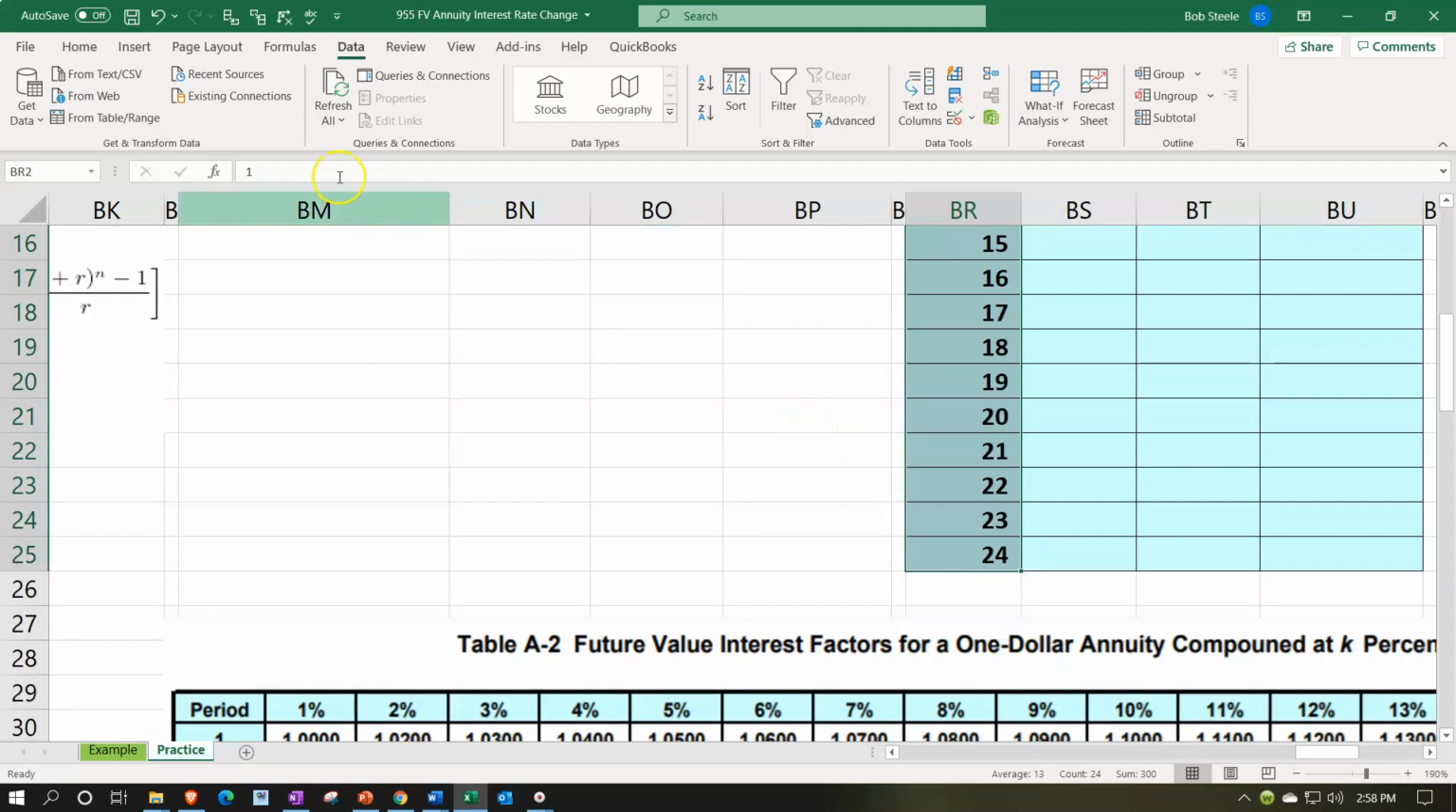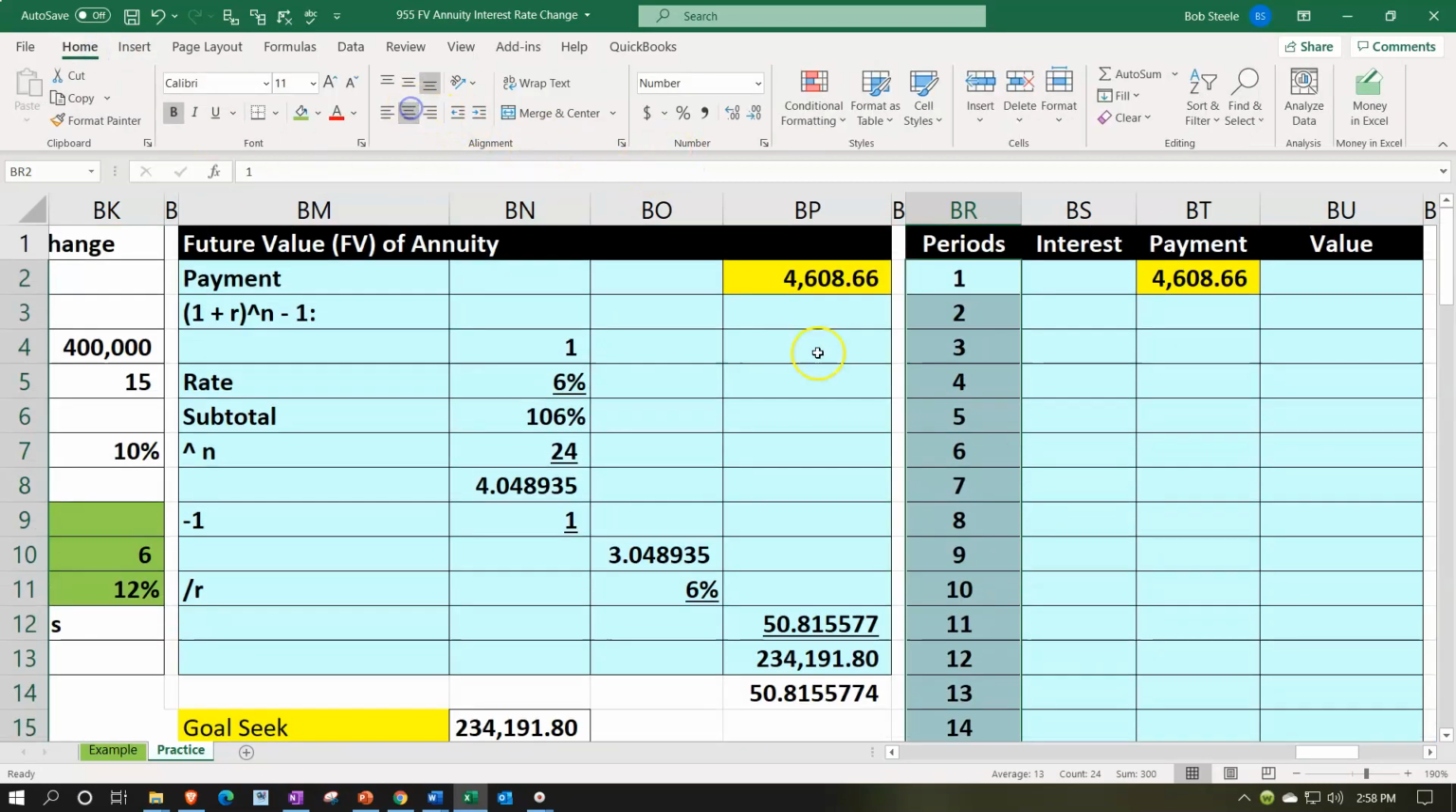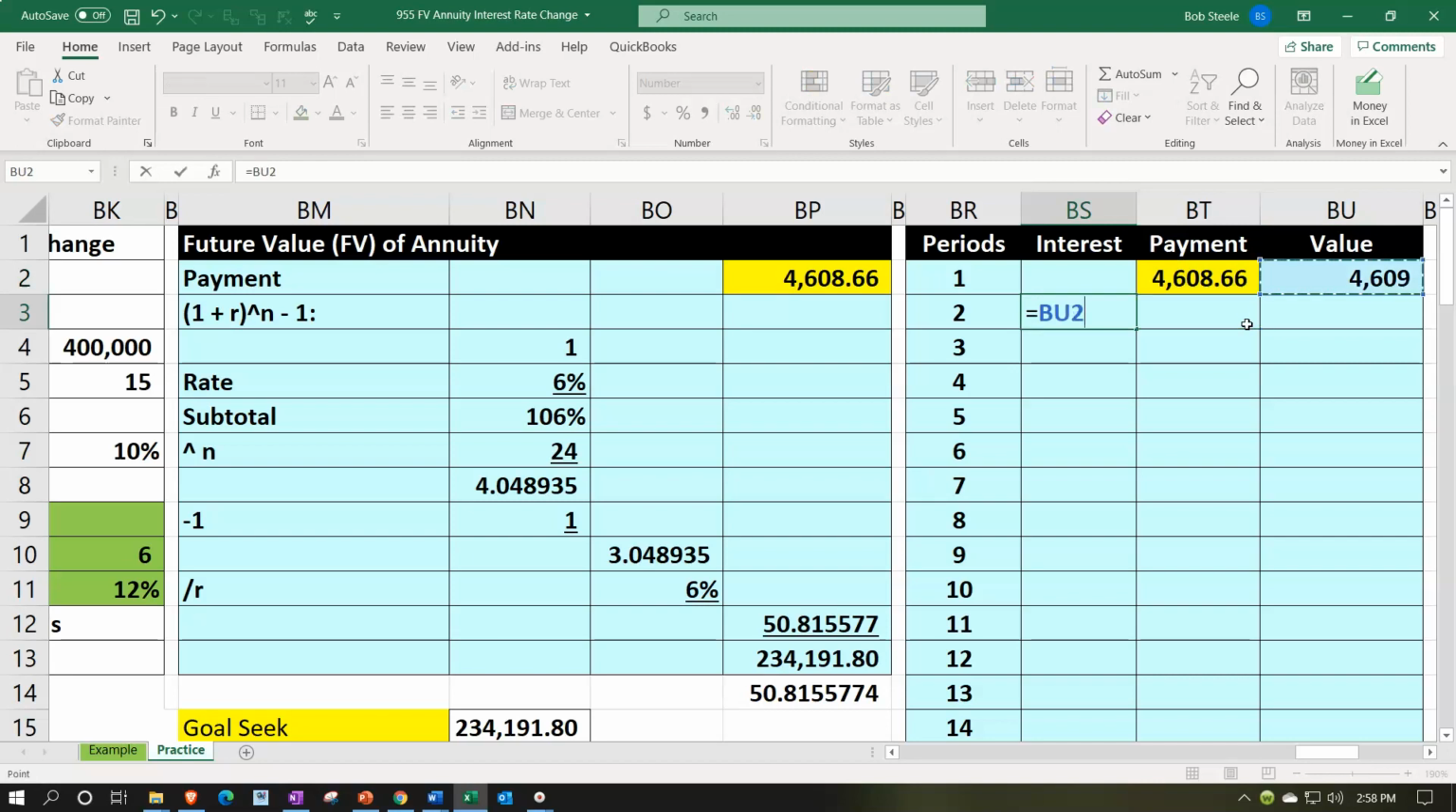So 24 periods, home tab, and then alignment and center. We're then going to say the ending value is going to be that amount. The interest would then be calculated at the value times the rate, which would be this 12% divided by 2. I'm going to make this an absolute value by selecting F4 on the rate so we can copy it down